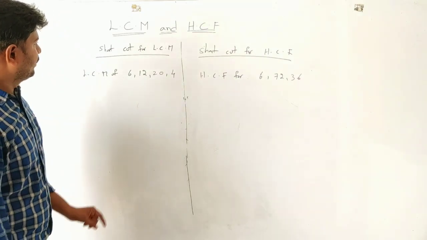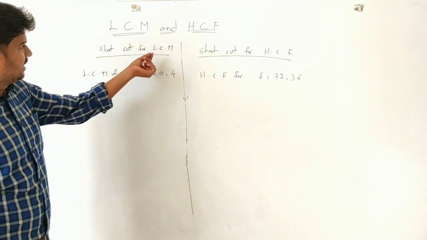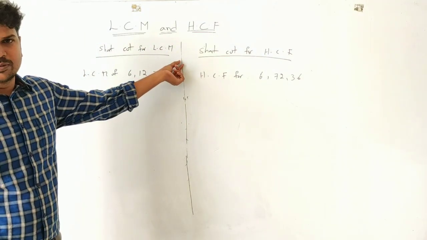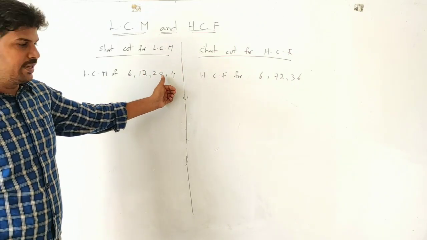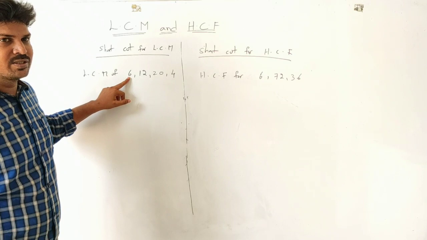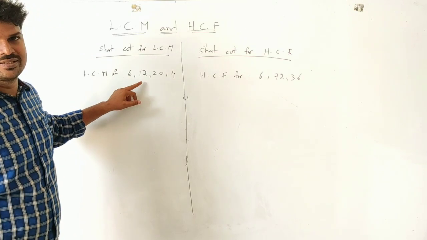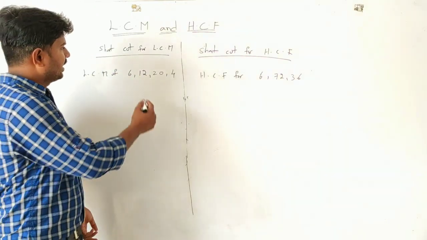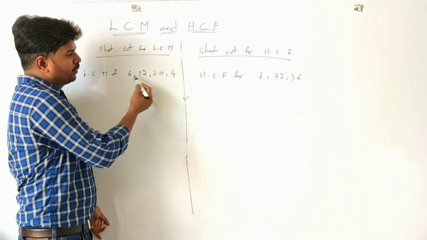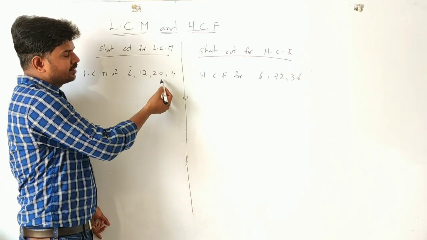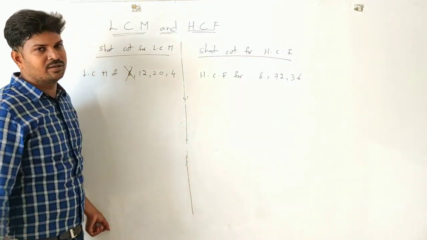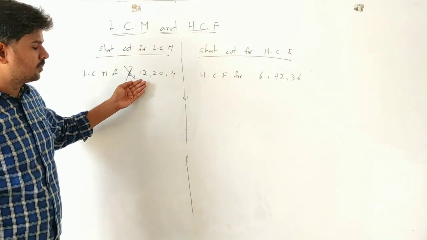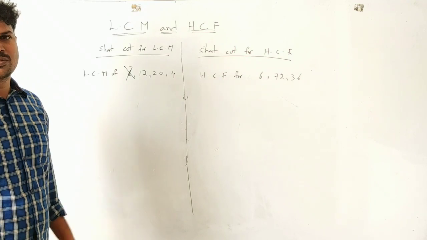Okay, so if you understand the concept of LCM, it is least common multiple. So if you are asked to find it for 4 numbers, okay, what are the multiples of 6? Multiples are 6, 12, 18, like this. If in your question any other number which is also a multiple of this lowest number is available, remove this lowest number. No need to find for that lowest number. Don't include this lowest number in your method of solving LCM.